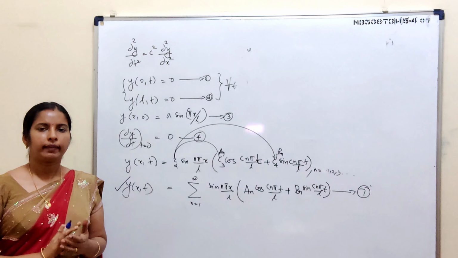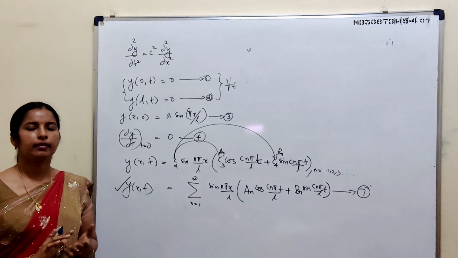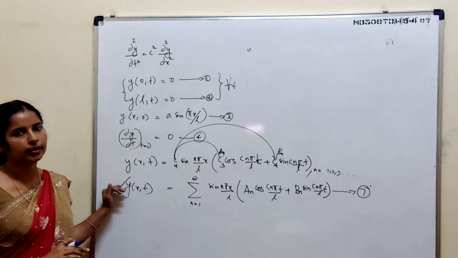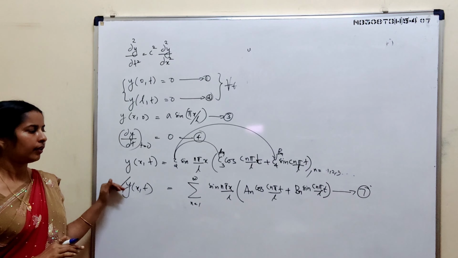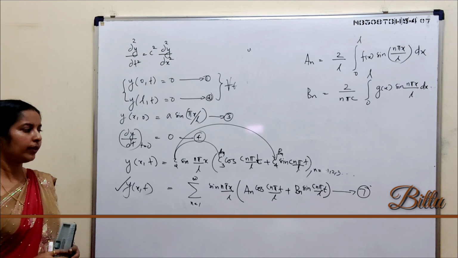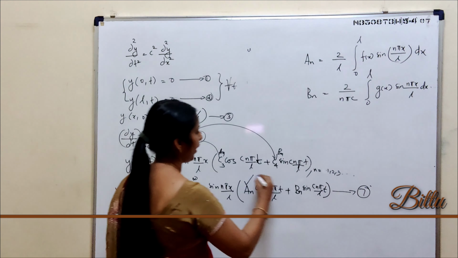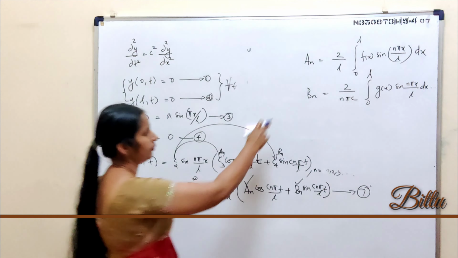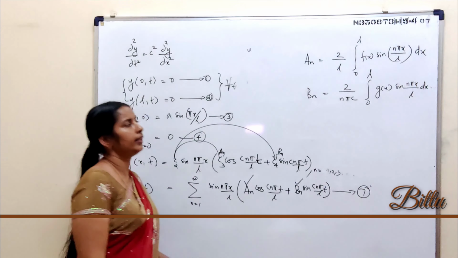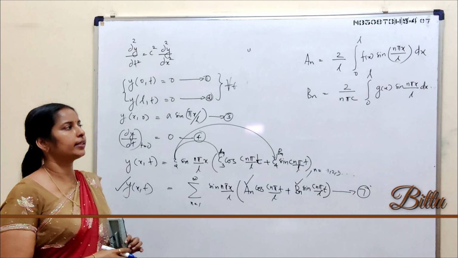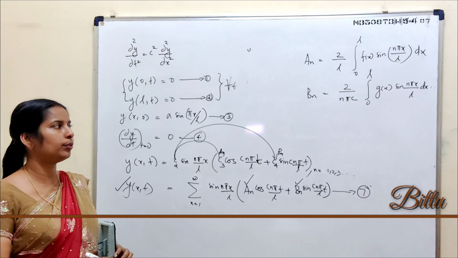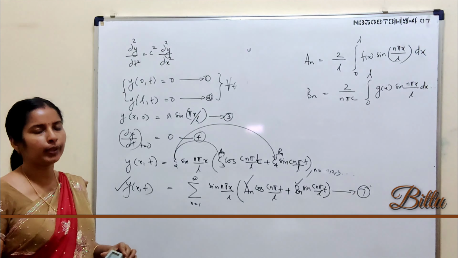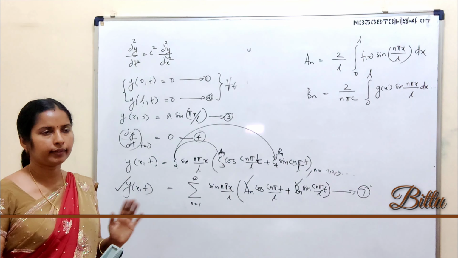Here you have to keep one thing in your mind. For any question in the wave equation, up to equation number 7, the procedure is common. In equation number 7, we have to find An and Bn. And its equations are given by An is equal to 2 by L into integral 0 to L f(x) sin n pi x by L dx. Bn is given by 2 by n pi c into integral 0 to L g(x) into sin n pi x by L dx. You have to learn these equations by heart.